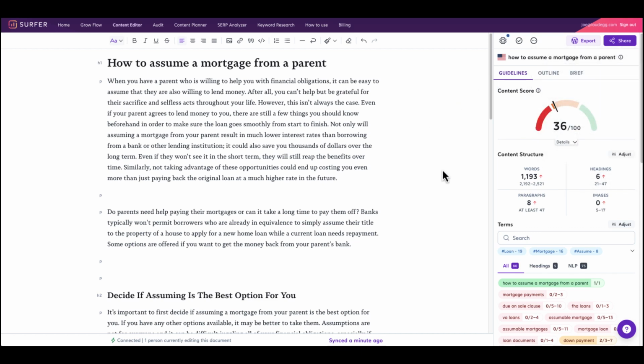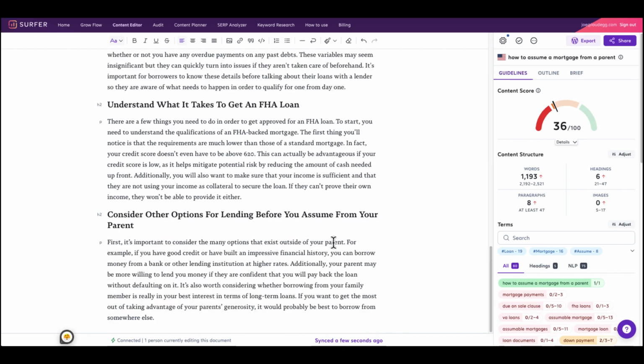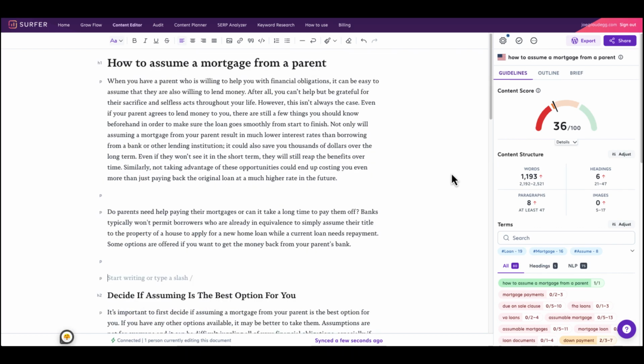That's a few of the things that make Surfer so great. And as you can tell, the editor is very easy to use. You can make your H1, your H2, your H3 tags. It's very fast. It's a great editor. And I think the other tools are kind of looking to get on this same level as Surfer when it comes to the editor, though there is one that we'll go over in a sec that has a very nice UI as well, but doesn't necessarily do as much as Surfer does.